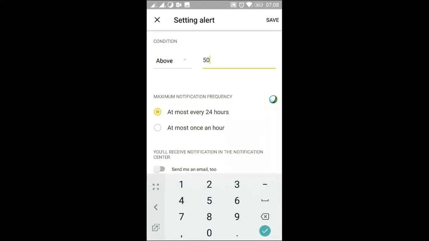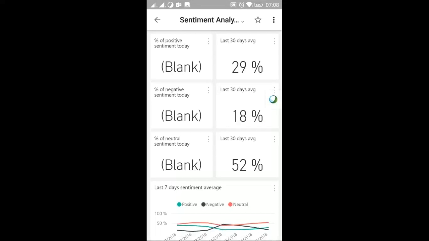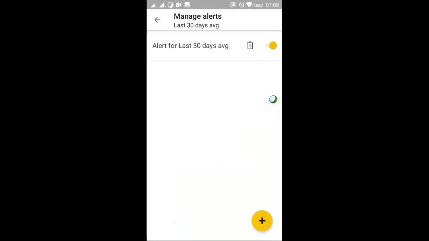If you want to send a mail too, you can. Whenever I reach that stage, I'll get notified. So with that alert, these are the options